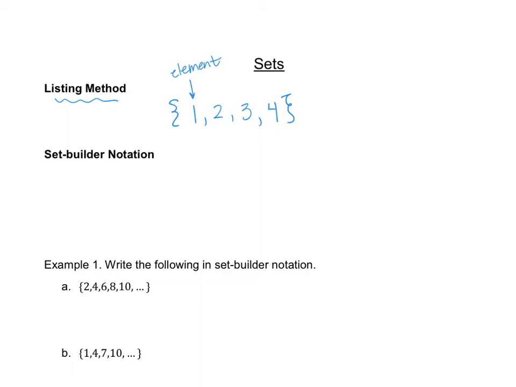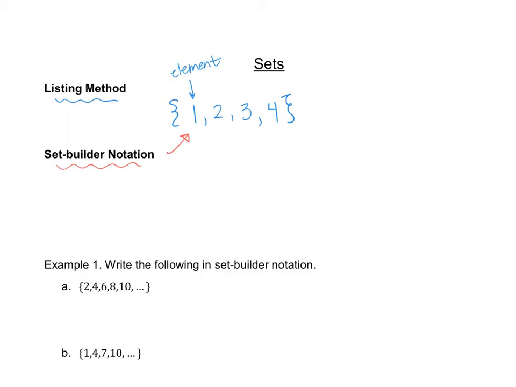Set builder notation was when we had to describe what the numbers were like. You can sometimes use the listing method or the set builder notation when you want to describe a set. But for example, in the rational numbers, we couldn't actually list that set. So set builder notation is really good when you can't actually list it or it's too time consuming. It's much easier to just write a rule. But if I wanted to write the set builder notation for that set that we just wrote, the numbers 1,